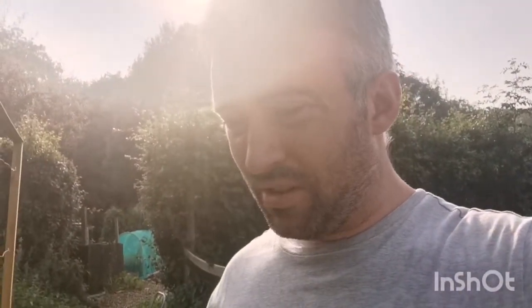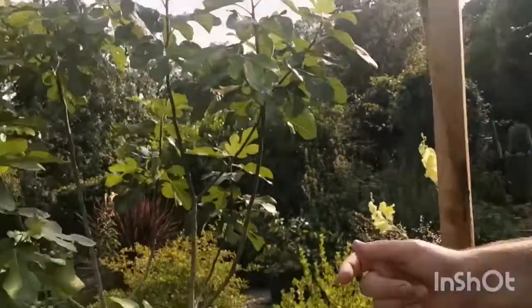The other thing I wanted to point out was on my other plant here, one of the strawberry trees is putting out embryo flower buds. I didn't know what this was at first, because I've never seen them develop from very small, so I thought it was a leaf problem, but no, it's the actual flower. And if I zoom in,